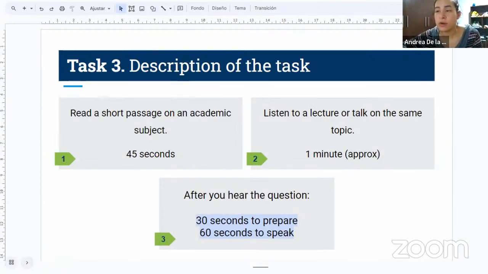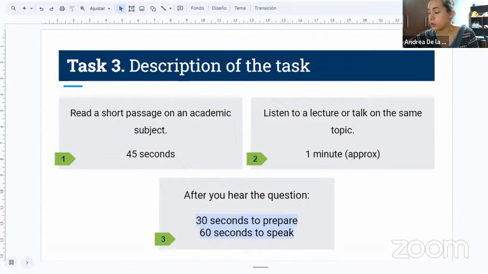Unfortunately, this is no longer going to be as casual as question 2. The vocabulary could be a little bit more advanced, but it's still very, very approachable, I would say. In this case, you will be reading an academic passage. You will be reading an academic text, something that you could find in a textbook, and you will be listening